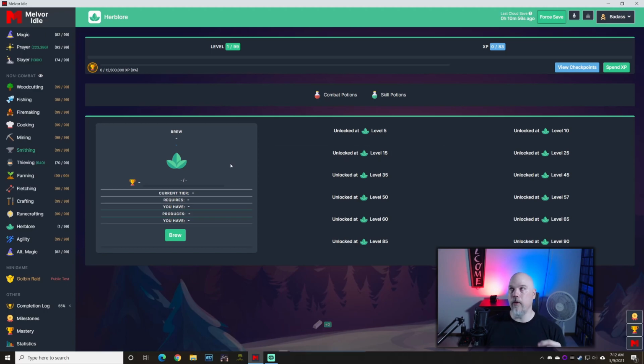And for my standard account, I was going for the red party hat, which is 2 billion gold. And that took like a month. And I totally neglected the herblore portion of it. And that could have cut that down by a lot. So